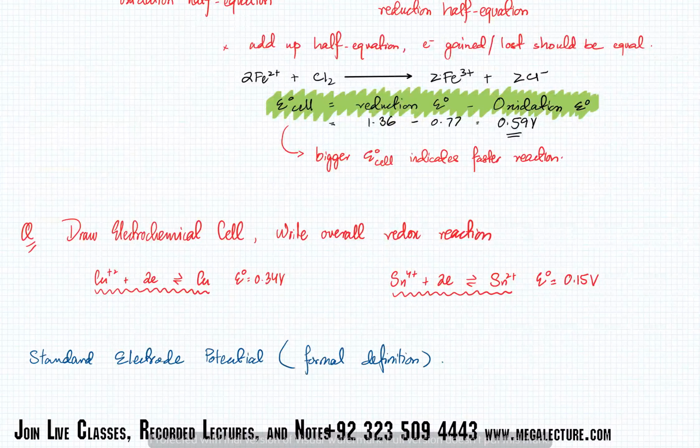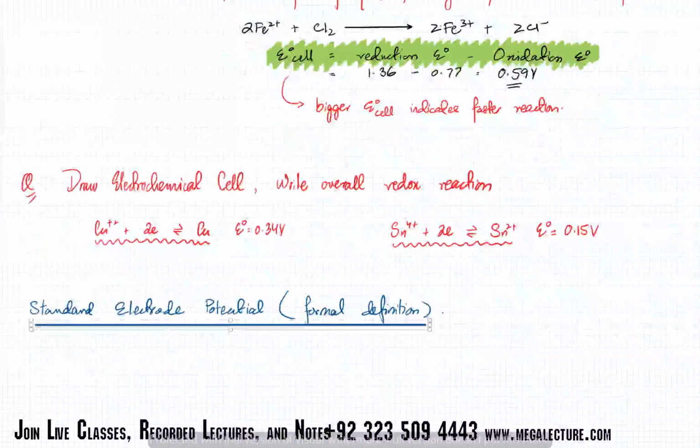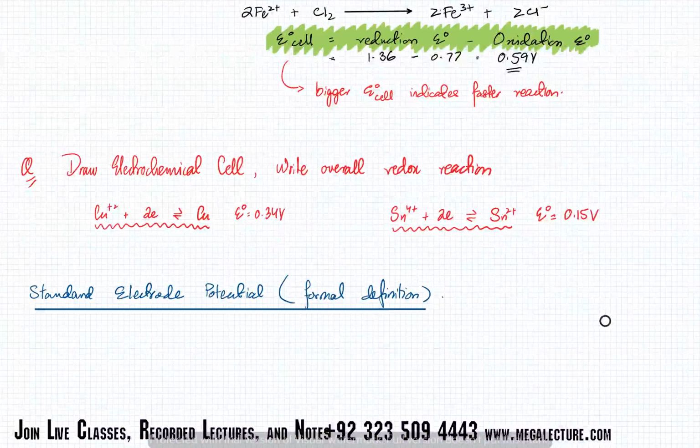So that's like a formal definition. Now what your standard electrode potential is, by definition, it is the potential difference that's calculated